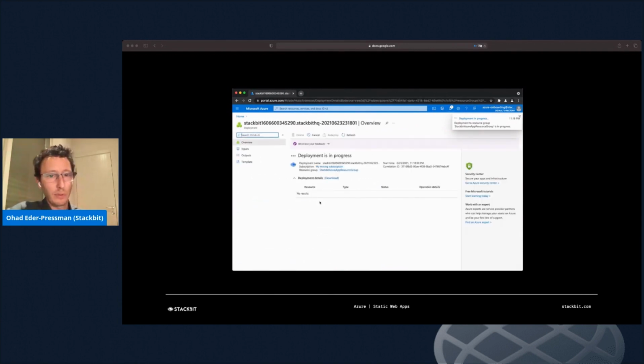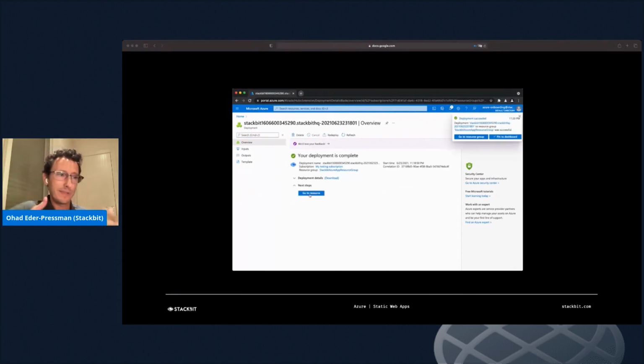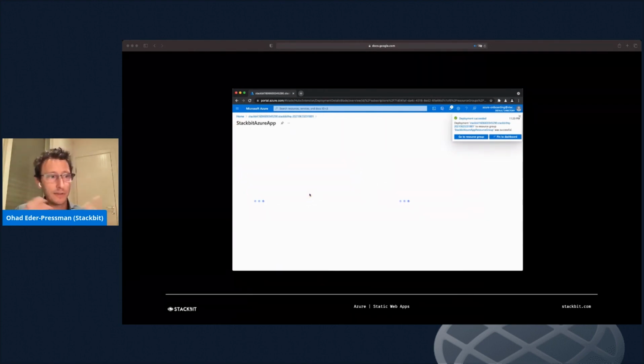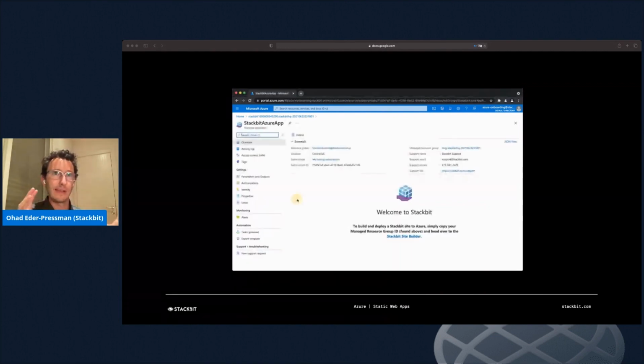Once the deployment within Azure is ready, we'll have an opportunity to launch the StackBit Site Builder. StackBit is split into two pieces, which you don't necessarily need to think about that way, but technically there's the step where we create a website, which spins up a new repo and lets you pick a theme and so forth. And then the next thing you do is find yourself in this visual editor.